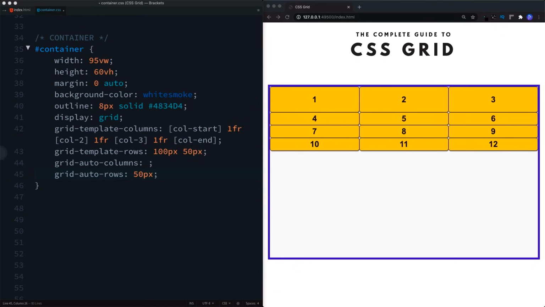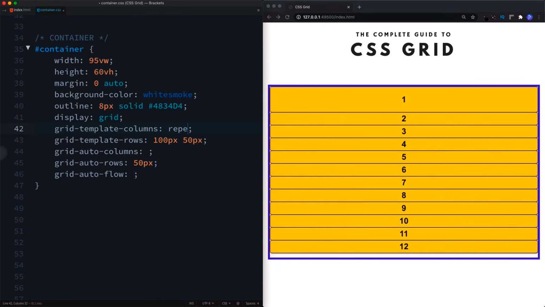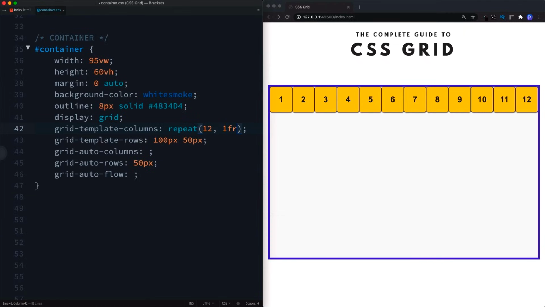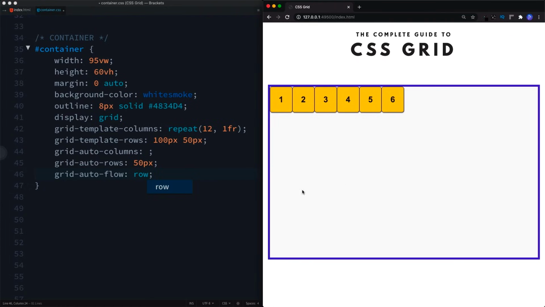Now we also have grid auto flow, and this works in a similar way to grid auto columns and rows, in that it's all about how things are automatically placed inside our grid container. So for this then, let's go ahead and change grid template columns to repeat 12 1fr. So now we have 12 equally wide columns. And let's remove these extra items so we've just got 6. Okay, so by default, grid auto flow is set to row. And what this basically means is, whenever we have any new items inside a container, place these items inside the container according to the row.